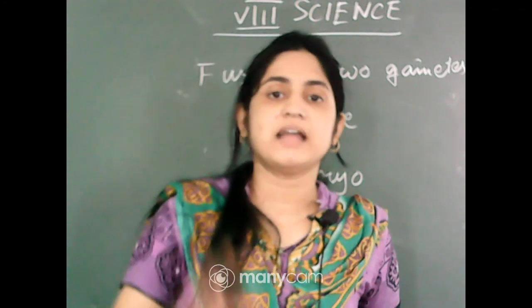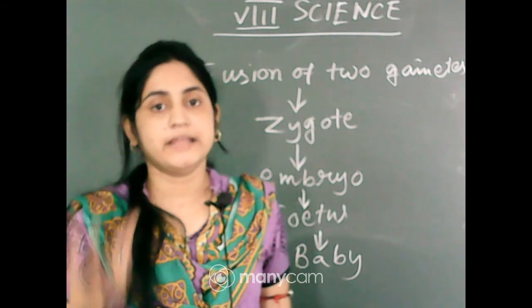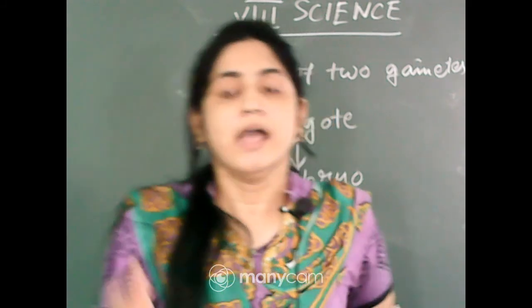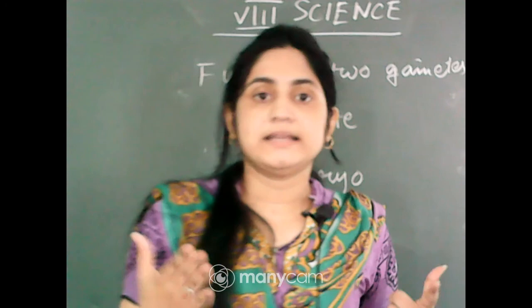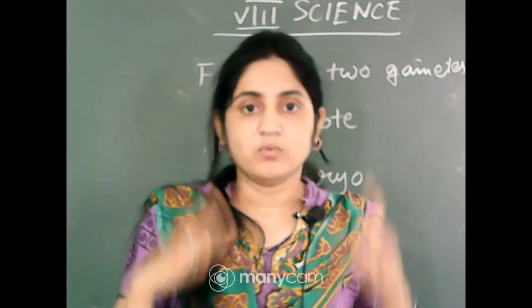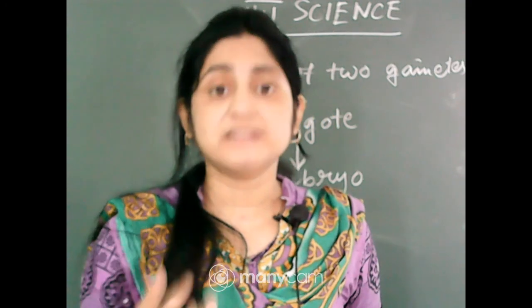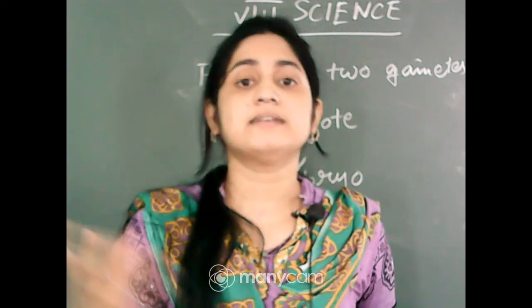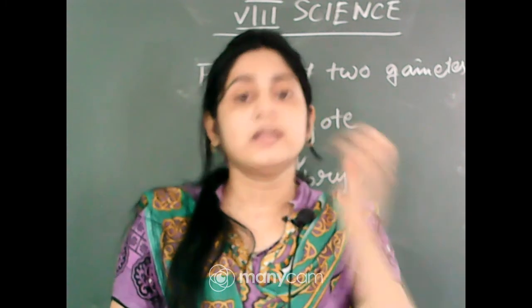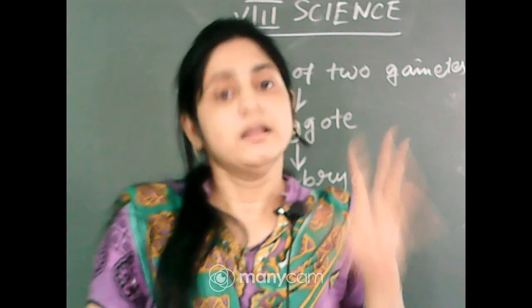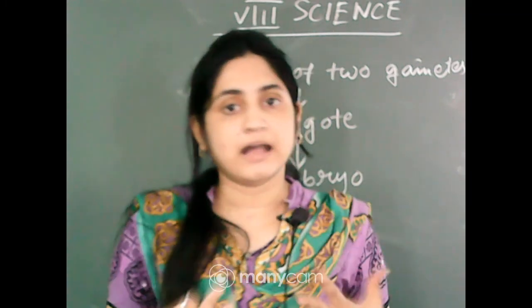The chicks form a protective layer, called the eggshell, around their eggs. When the mother hen, or any hen, gives warmth to the eggs, it is because some temperature is required for the shell to burst. So they give warmth to the egg, and when the chick is developed, the shell bursts and the chick comes out.